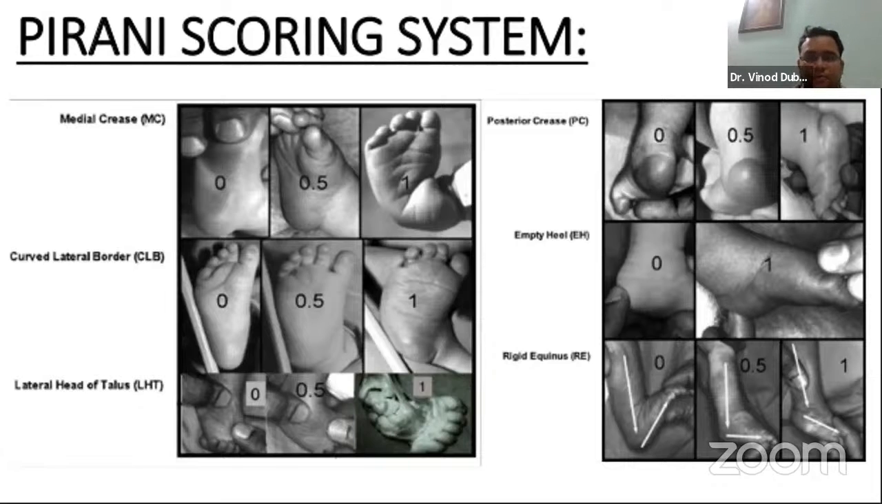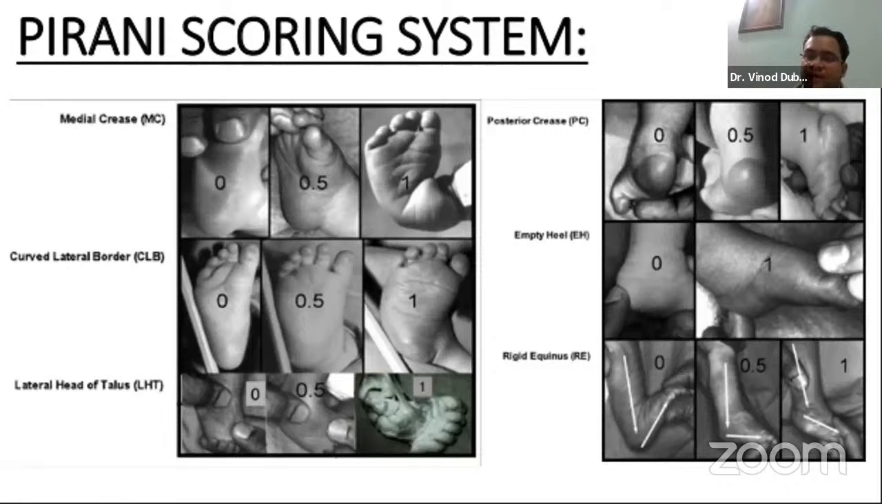So again, it has two parts. One is hind foot score and second is mid foot score. So the hind foot score is, you can see on the right side, you basically will see the posterior crease. If there are multiple creases, that means it's normal or score is 0. If they have one single crease, 0.5. They have a single very deep crease, then it is 1. And same thing, empty heel sign, you try and palpate the heel, and if you don't feel anything, that means empty heel,